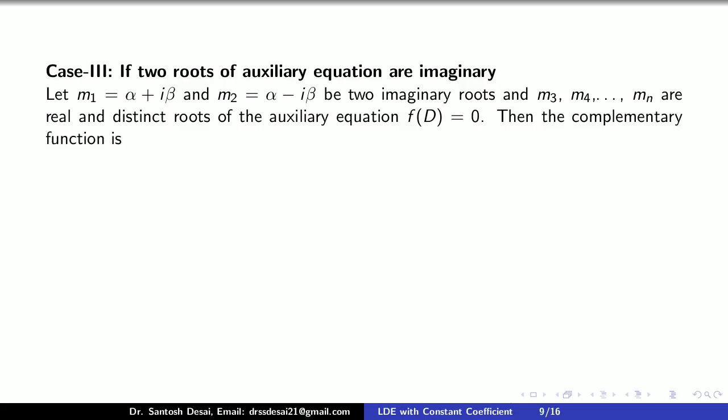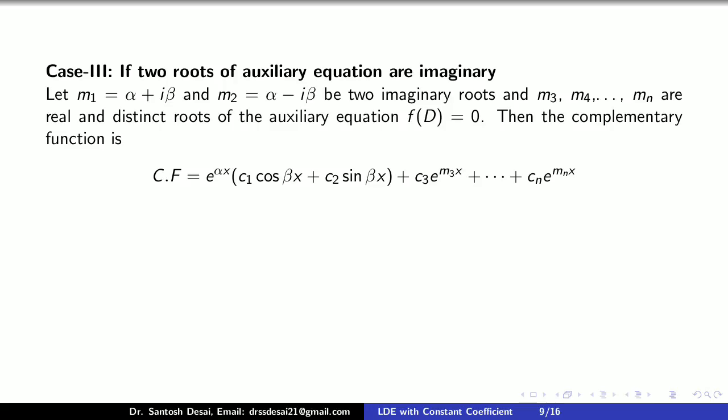If this is the case, then the complementary function is given by CF is equal to, first you write the term e raised to alpha x, where this alpha is nothing but the real part of the given two complex numbers. So first you write e raised to alpha x into (C1 cos beta x plus C2 sin beta x). In the two numbers, the value of alpha is the same, but the signs of beta are different. So here we take the number only once.